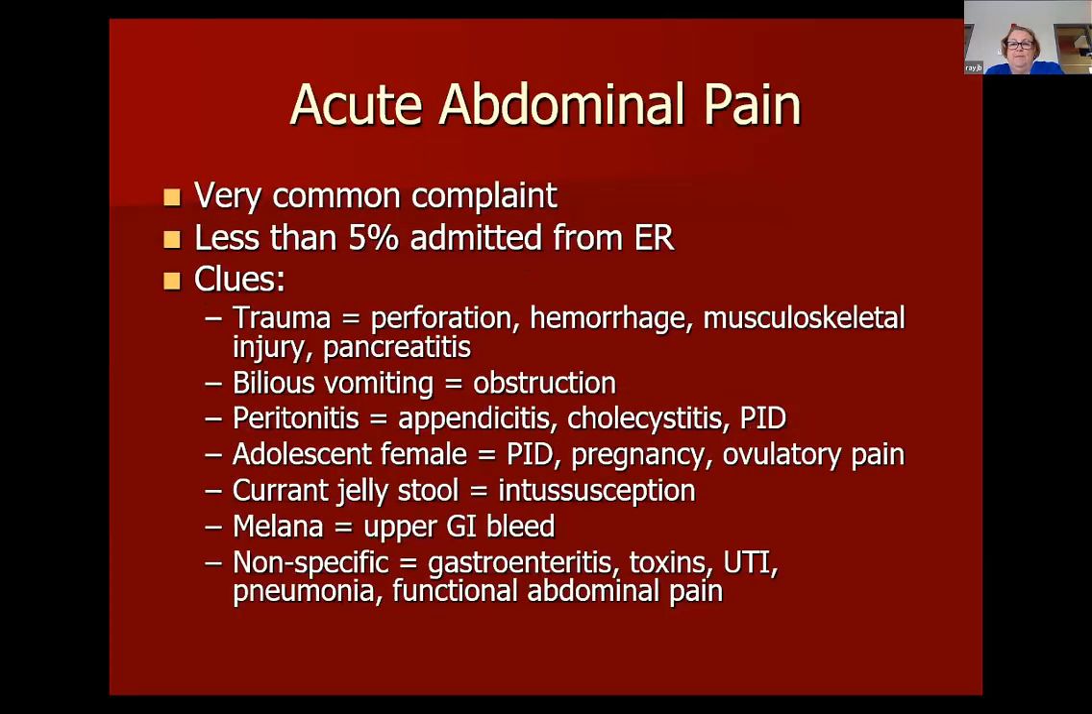So acute abdominal pain is one of the most common things. I just noticed where that little red thing is up on the wall. It looks like something red's growing out of the top of my head. I promise I don't have anything red out of the top of my head. Okay, so